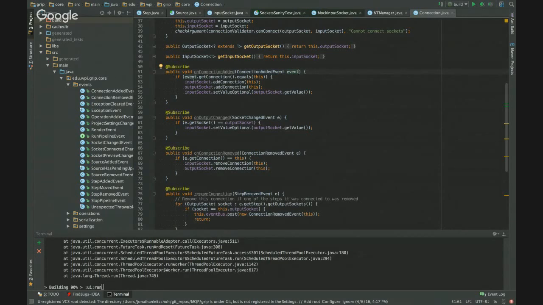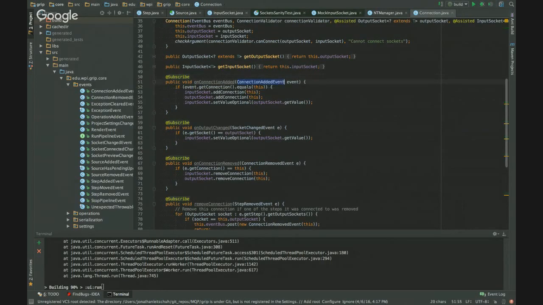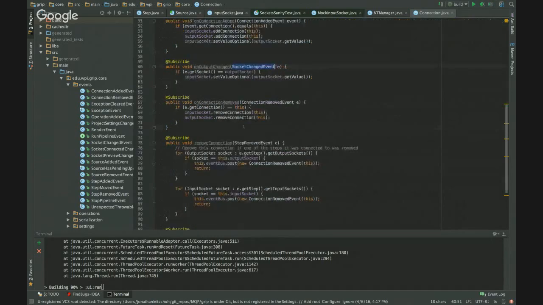Primarily the design principle behind that is that the core can't communicate with the UI. So whenever the core changes, the UI has to know about those changes and update. You literally cannot call UI code. They're separate projects, and the UI depends upon the core. So these subscribe methods get called every time you post a new connection added event, socket added event,